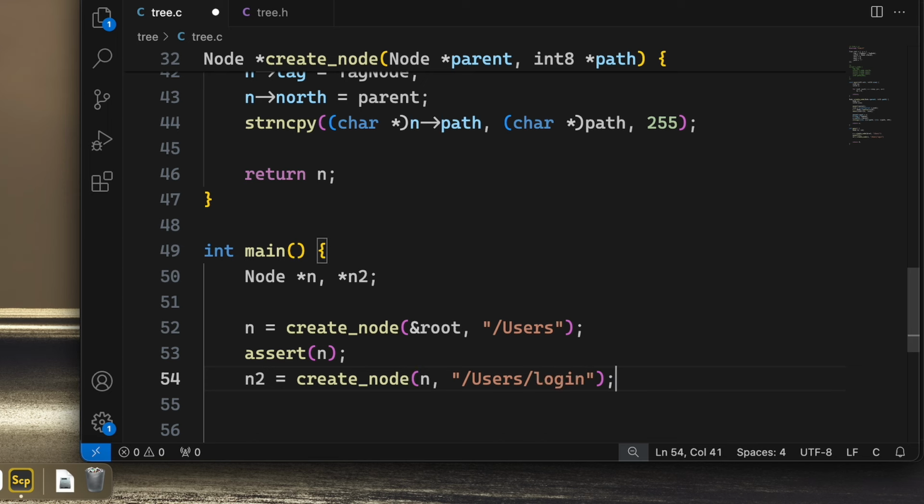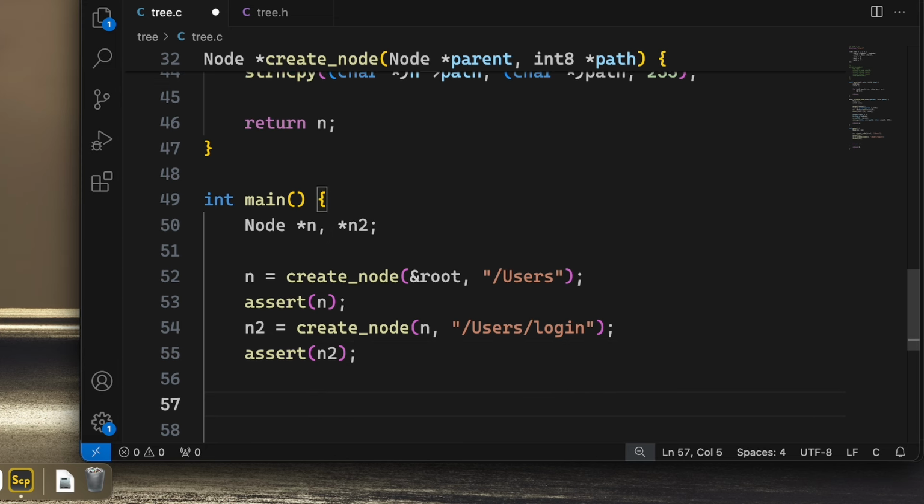We'll stick with the same example, and let's assert n2 as well, and then we can perhaps print the addresses of these pointers. So %p, %p, and the first is n, the second is n2,